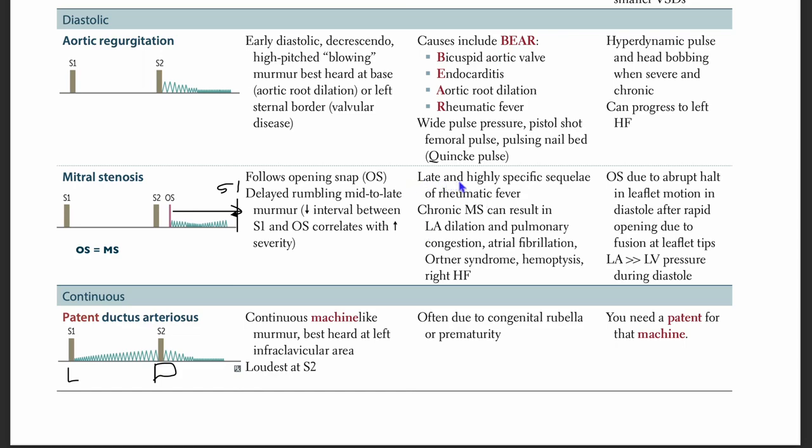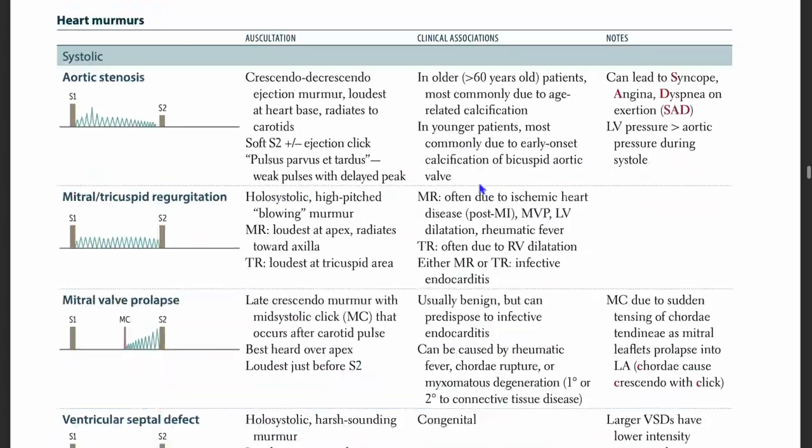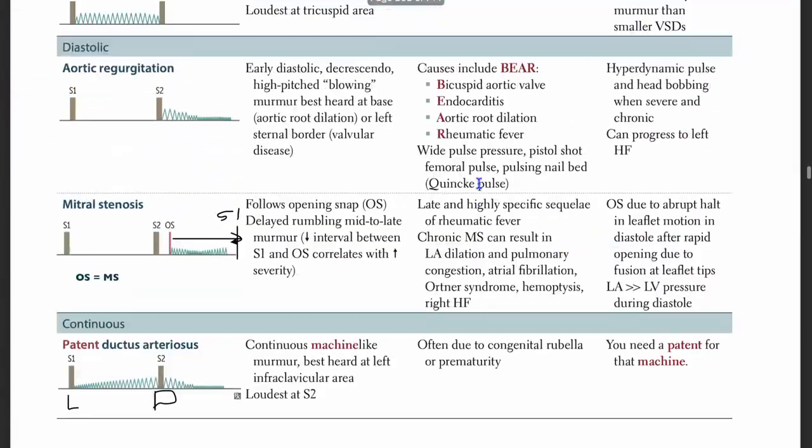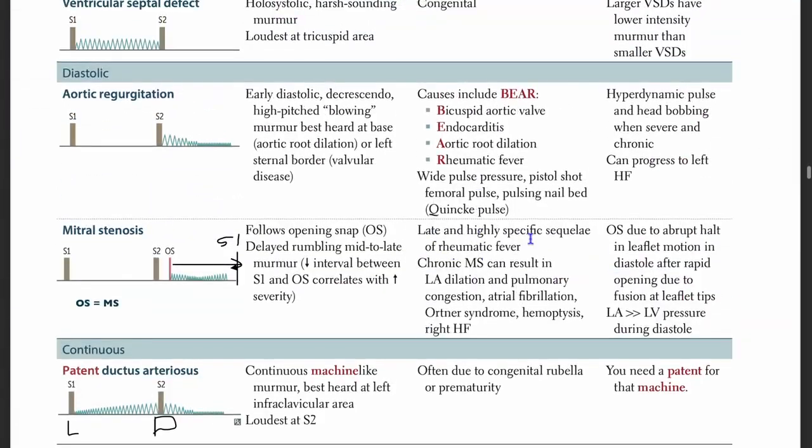Okay, so this is clinical association and notes. Okay, so late and highly specific sequelae of rheumatic fever. Chronic MS can result in LA dilation and pulmonary congestion. Atrial fibrillation, Ortner syndrome, and hemoptysis, right heart failure. Okay. Mostly it's going to be about the rheumatic one, but the chronic one can result in